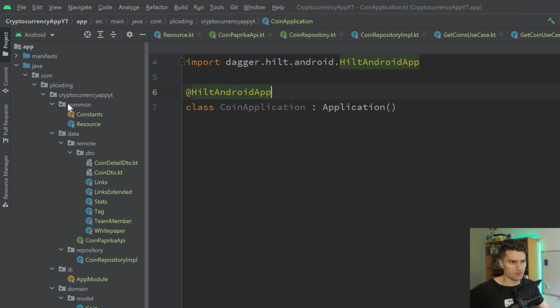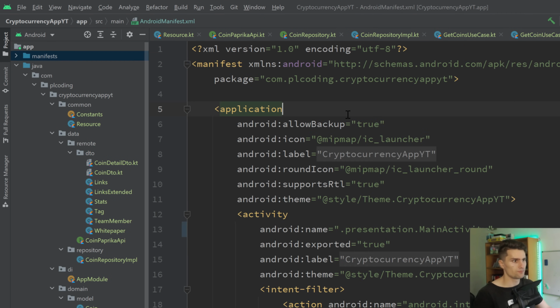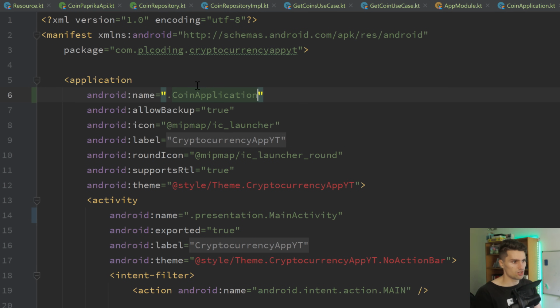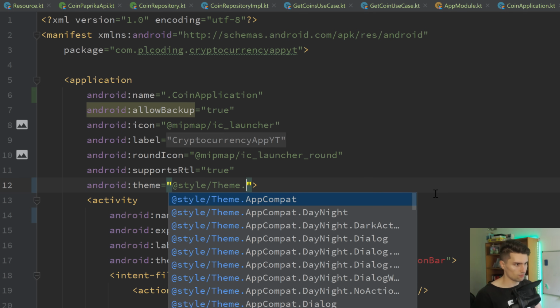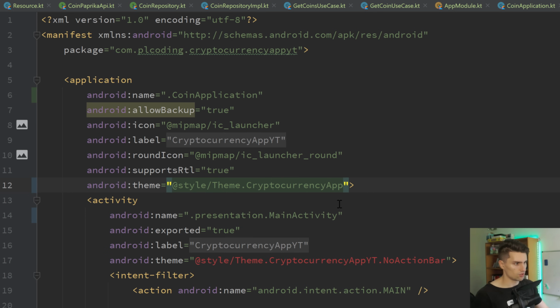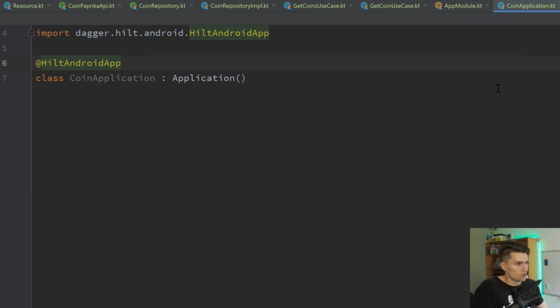We only also need to add this to our manifest. Let's open that. In the application tag, we say name CoinApplication. And this is an issue because I copied stuff over here. We can simply replace this with CryptocurrencyApp, so without YouTube, and here as well. Because I just copied this over from my other project and this is how the app was named there. It doesn't matter here, just replace it. Close this,